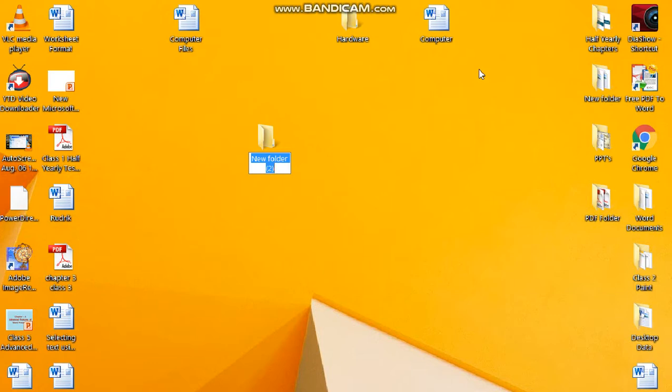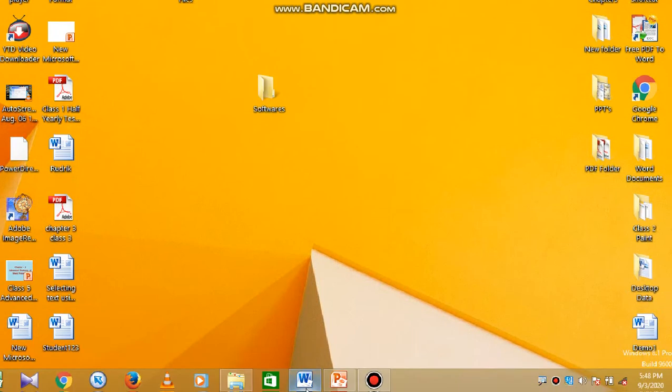As you click on it, the new folder will appear. By default it will have the name new folder. Then type the name of the folder at the cursor's position. Okay, see here, this is the cursor's position. Type the name of the folder, softwares. Okay, and press the enter key. A folder is created on the desktop. Now you can see this folder is created on the desktop.